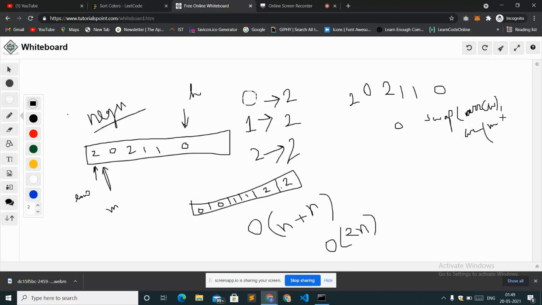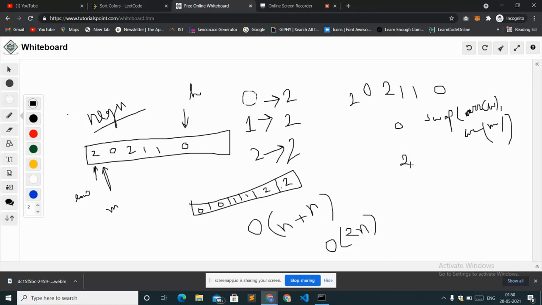The handwriting is pretty poor because I am writing with a mouse, so please consider that, sorry for this, guys. So you swap the element the mid pointer is pointing to with the element the low pointer is pointing to, if the number is 0.